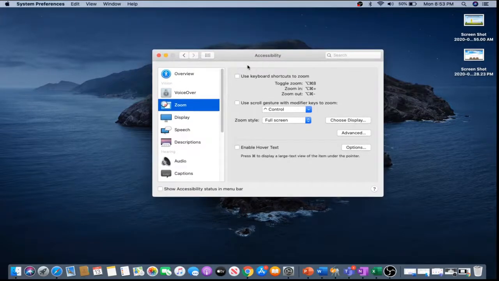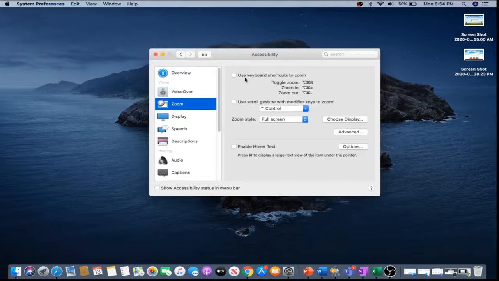You can easily understand. Use keyboard shortcut to zoom: toggle zoom, zoom in, zoom out. Just check mark the first one, and after that you can also check this one: use scroll gesture with modifier key to zoom.